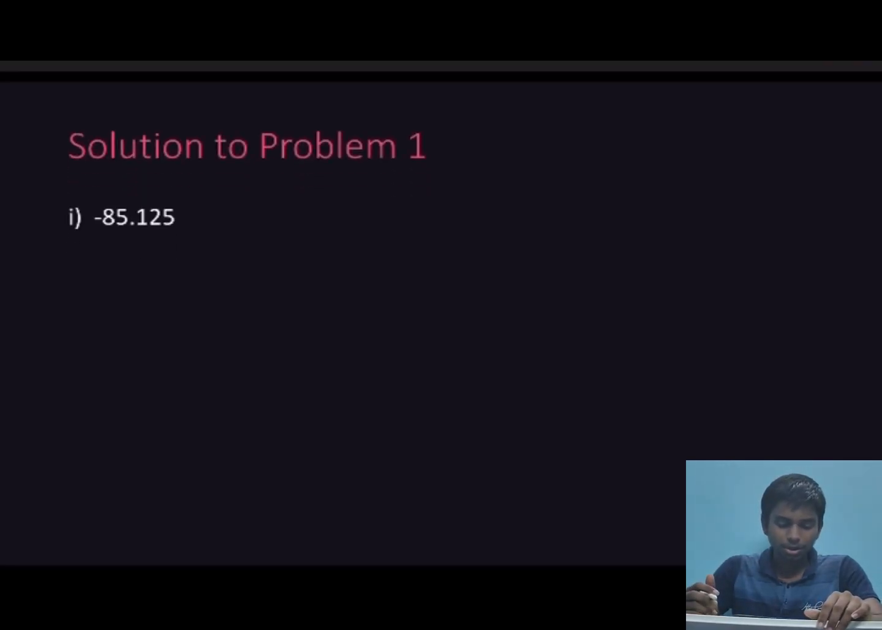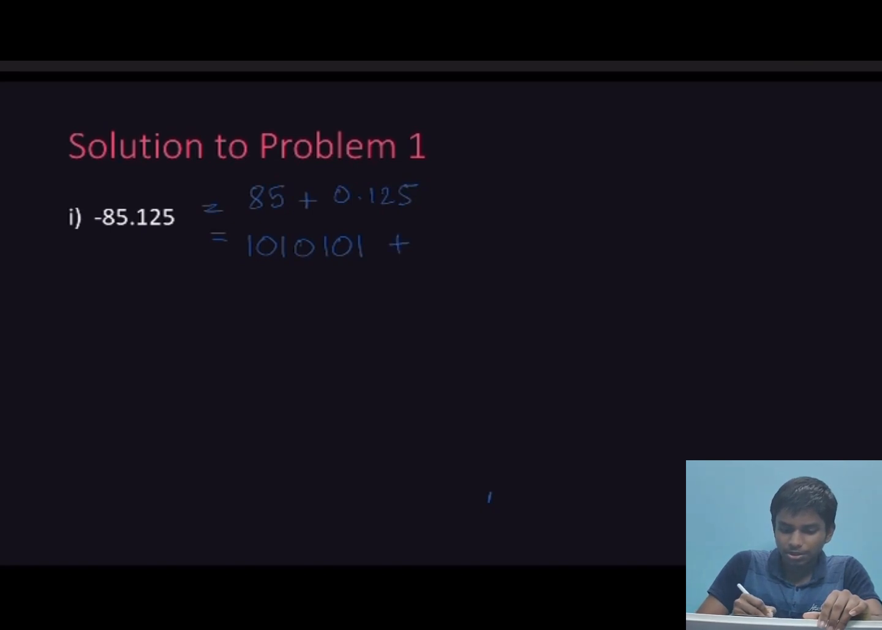So now coming to the solution of problem 1. In problem 1 we are given the number minus 85.125. First we will ignore the sign and focus on the main part. 85.125 can be written as 85 plus 0.125. Now 85 is written in binary as 1010101 and 0.125 as 0.001. We will combine them to get